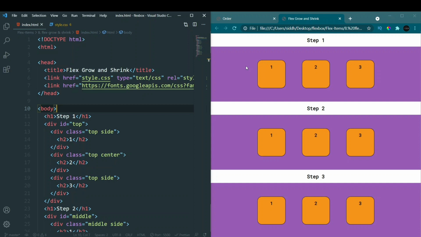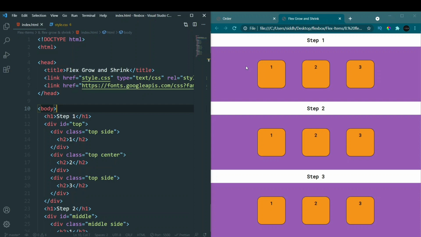Just hold on. Before that, we'll understand what flex shrink is. It is the complete opposite of flex grow. Grow means getting bigger, shrink means losing size. It specifies how much an item will shrink with respect to the other flex items. Here also you cannot put a negative number. By default, all the items are shrunk so that every item can take an equal amount of space. The items do not have a grow value, but all the items have a shrink value of 1, so that each and every element can take up equal space. So the default value here is 1.